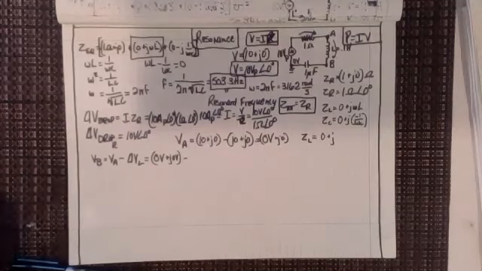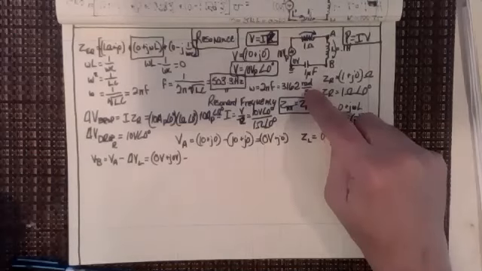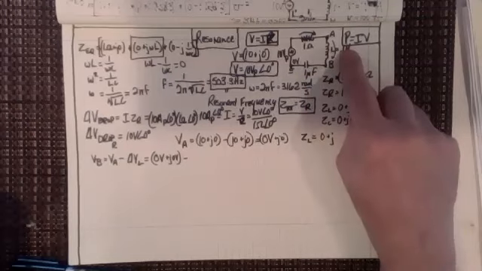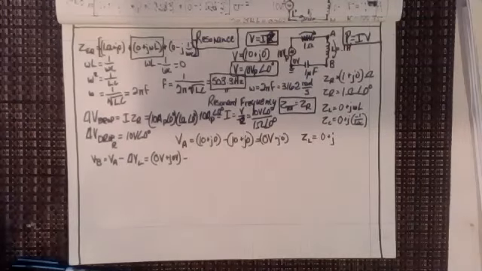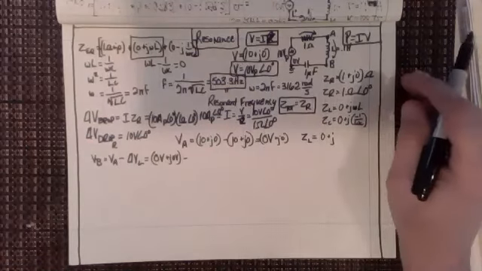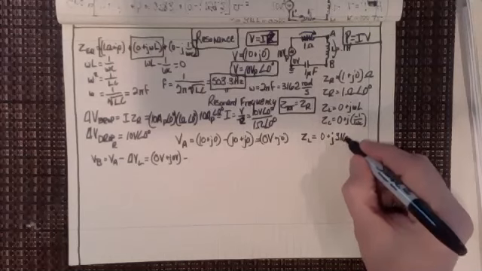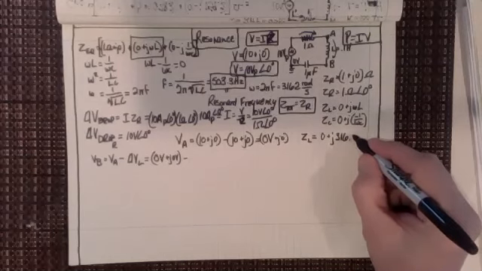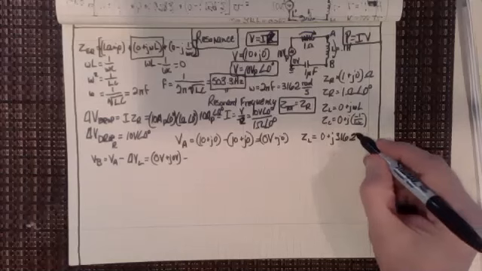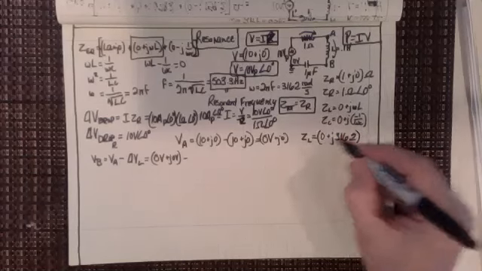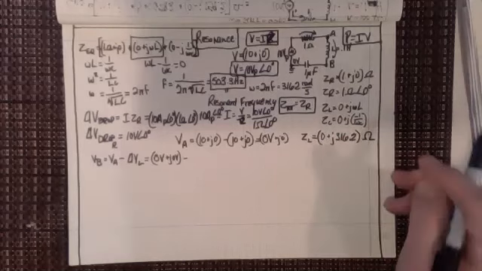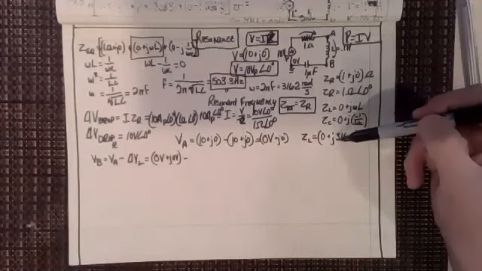Well, 3162 radians per second, right here. That's omega, times L, which is 0.1, gives me 316.2, right? Those, of course, are ohms. So 0 plus